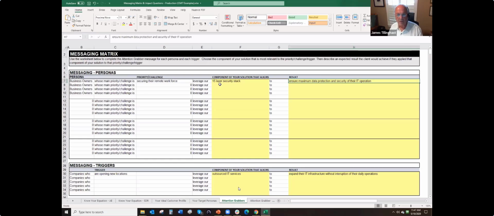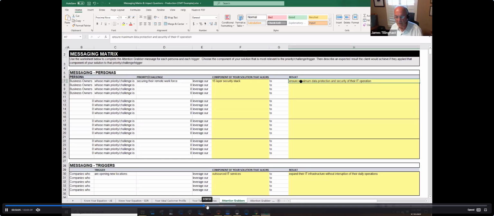One is, what is the component of your solution that aligns with that need, and what's going to happen when it's deployed? What is that business owner in this particular case going to see as a result of applying our 15-layer security stack, whatever you want to call it? So that composes the one persona, the second component, the priority, third component, what do we have, fourth component,